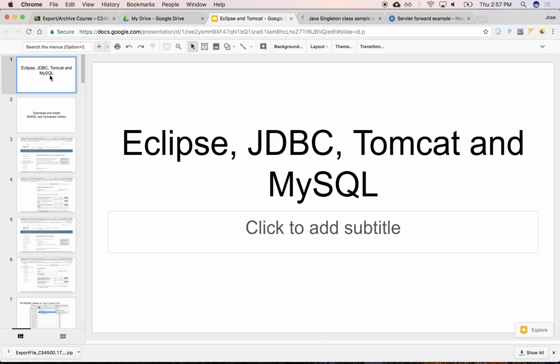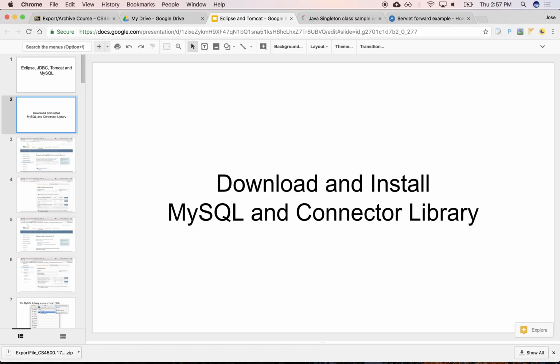This just walks you through some of the steps to install a server. Even if you're using a single page application, you'll need some server, unless perhaps you're using Node.js